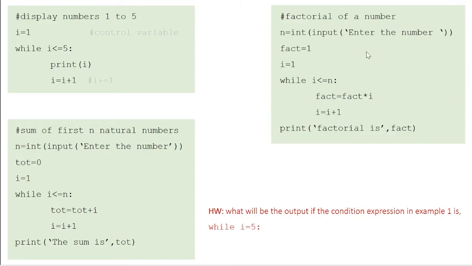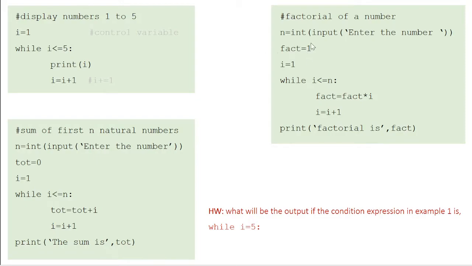Let's do one more example. Find the factorial of a number. You know what factorial is, right? 3 factorial is 3 into 2 into 1. So once again you need to input the number as an integer, and here you are doing a multiplication. As I said, multiplication is always initialized to 1, so you call it some name like fact equal to